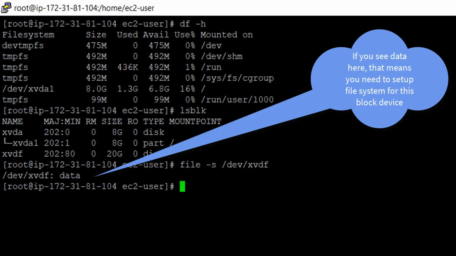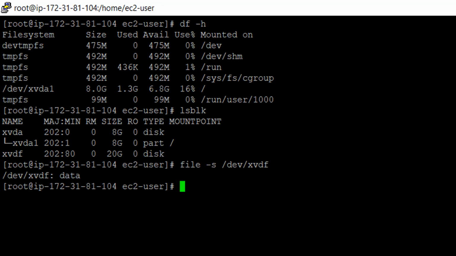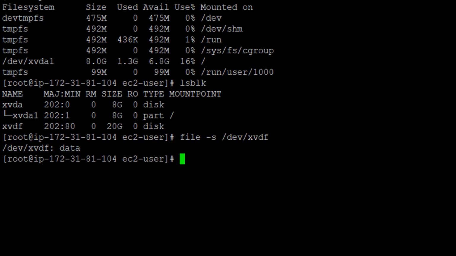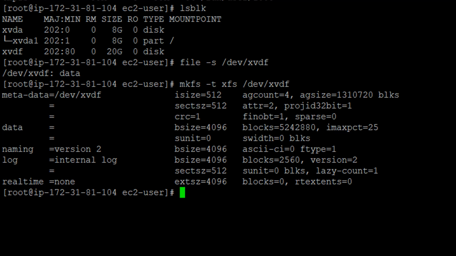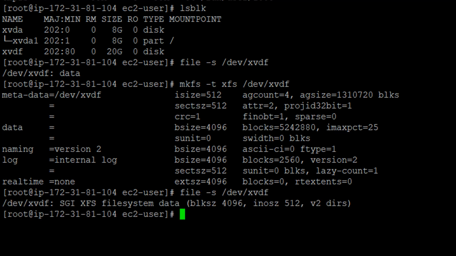So first you need to have a file system on your volume, then only it can be mounted into your EC2. So for this, what you can do is you can run this command. Now again run the same command, file -s. So you can see that we have a file system now, SGI XFS.